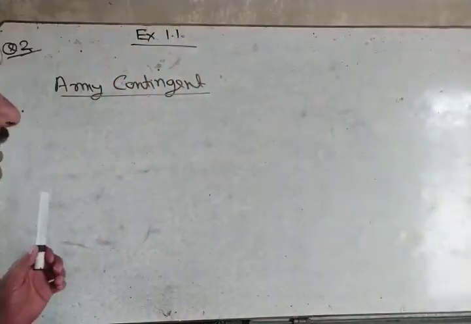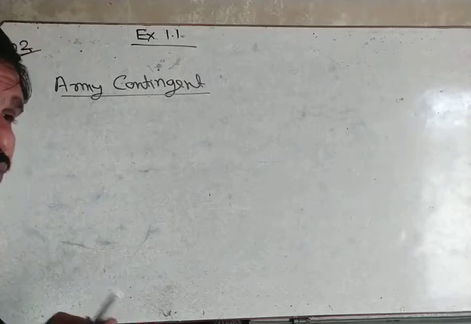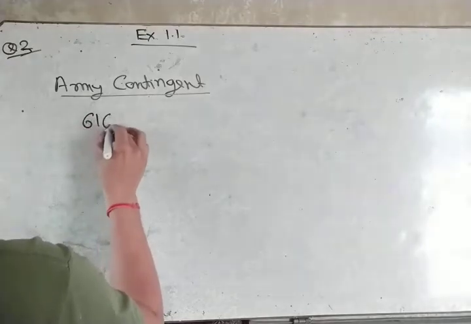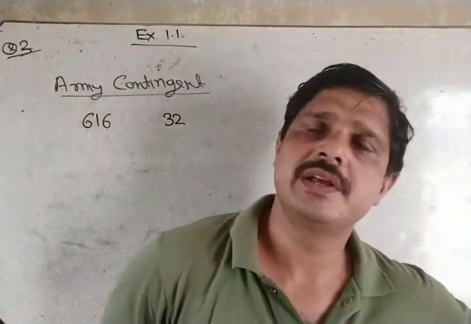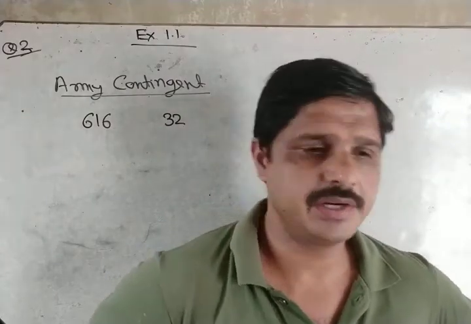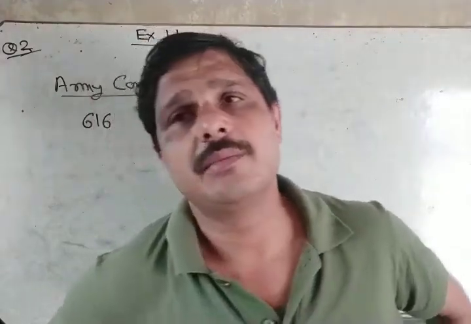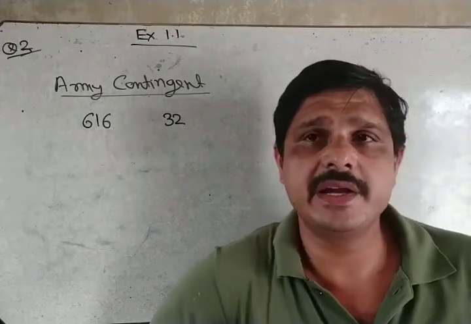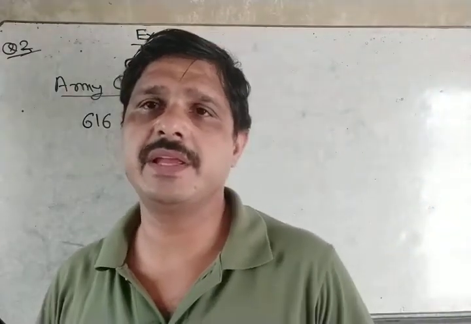Army contingent are there. Two groups are there. Question number 3: in one group there are 32 members, and in another group there are 616 members, and you have to make such an arrangement that when we arrange the first group by putting them in rows and columns,